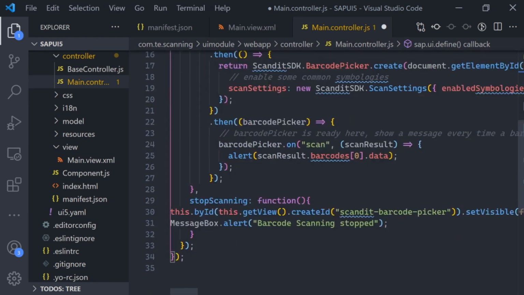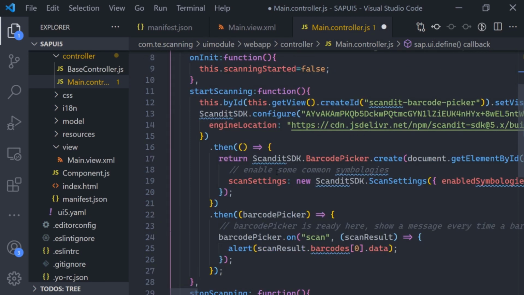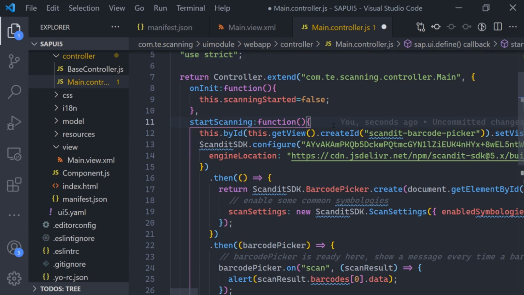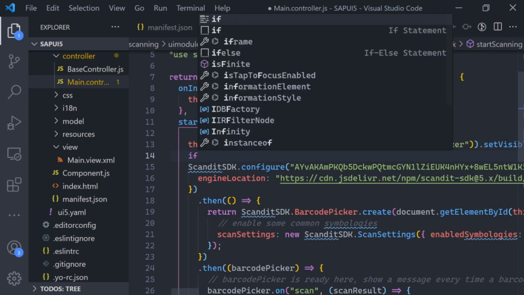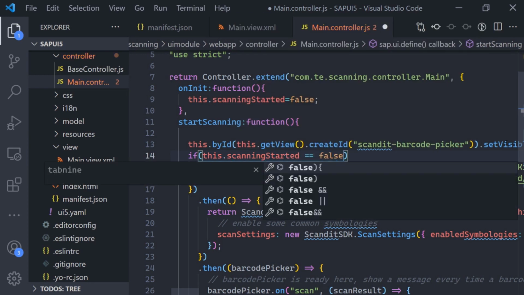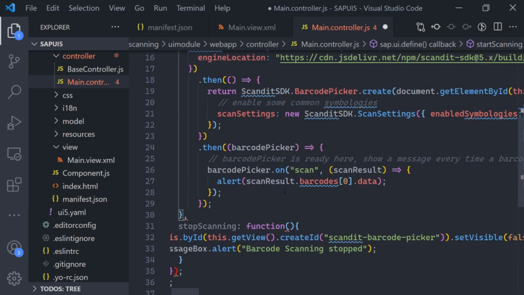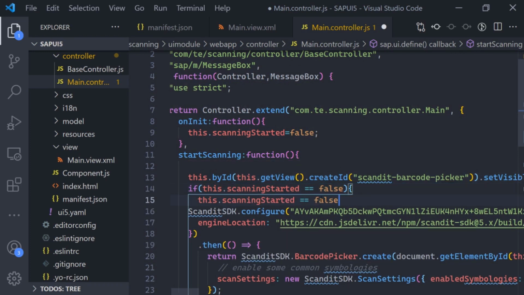And once you start the scanning, what you can do is, inside this, where you set visible, once this button is pressed, you can have something like: if this.scanningStarted is equal to false, then you do this whole thing, and inside it we set it equal to true,